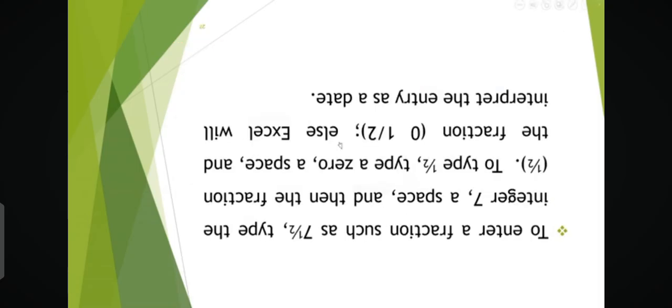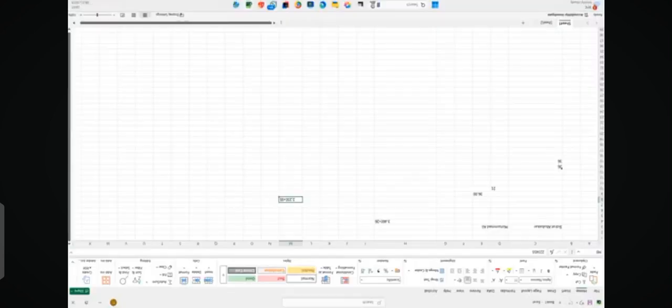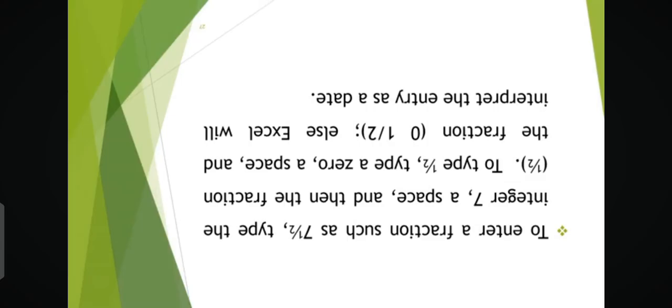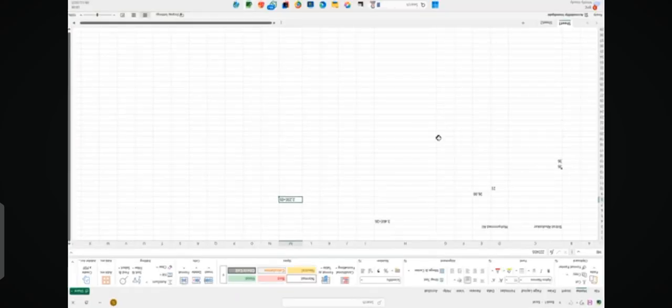Now, to enter a fraction, we can write this in Excel. Whenever you want to write a fraction in Excel, you write the value, then you write the fraction part. Now this is what we call an improper fraction. So anytime you want to write something as a fraction in Excel, you come, let's say here, and you type 7. Then if you enter, this is not a fraction, this is a number. Now if you want to make this a fraction,